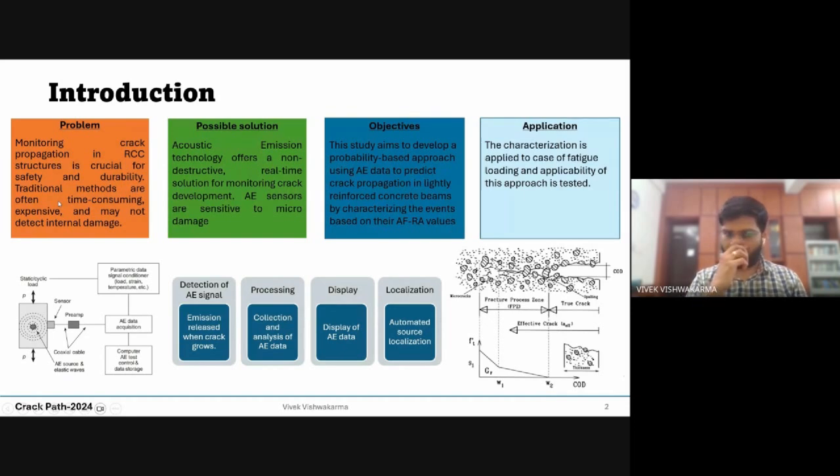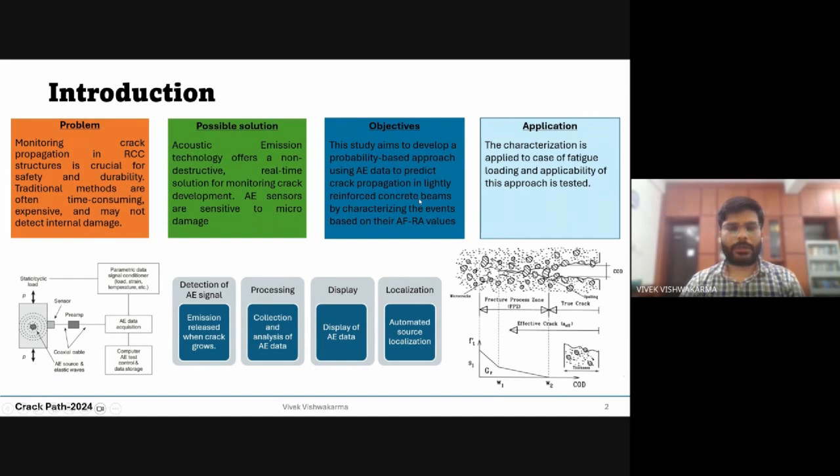There are two methods which are widely popular in case of RCC structure, which are used in laboratories for crack path monitoring. That is digital image correlation and acoustic emission technique. There are a few other methods also, but they have their challenges. Since my specimens will not be visible once I load them to the machine because they are submerged in water, saline solution, acoustic emission is the only possible solution which I have for monitoring crack development because it is a passive technique. It will not interfere with your mechanical loads.